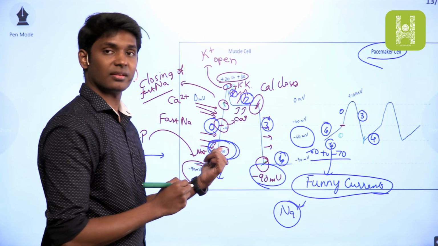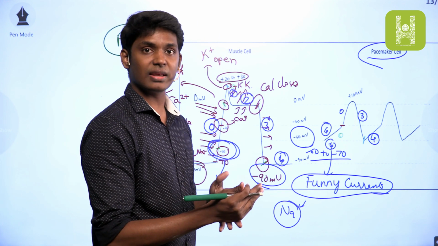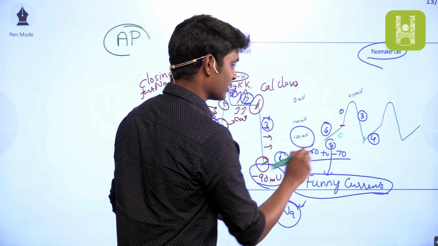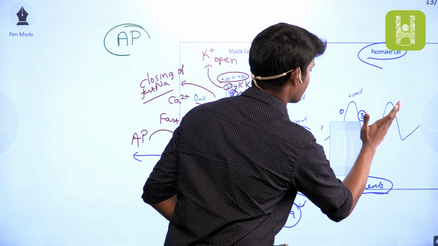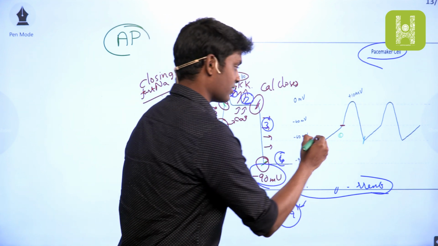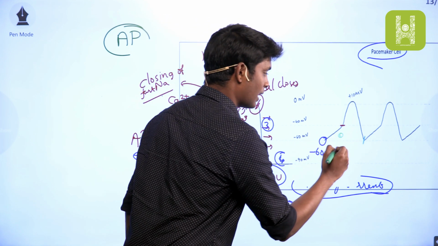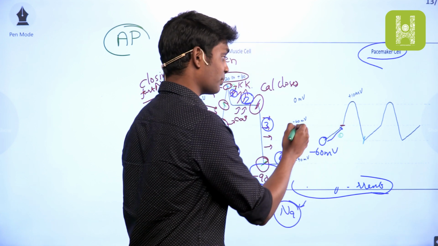Unlike the fast channels, these slow sodium channels depolarize very slowly, so that the resting membrane potential